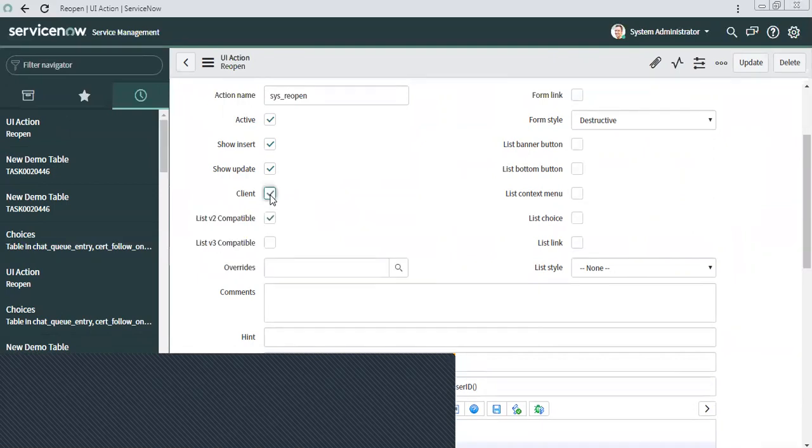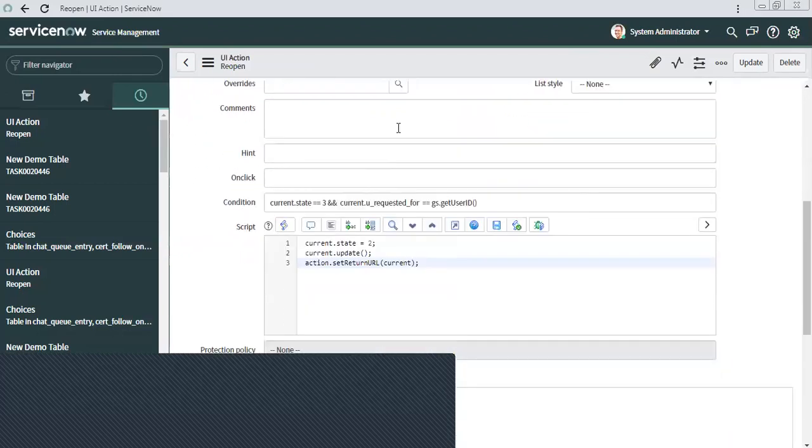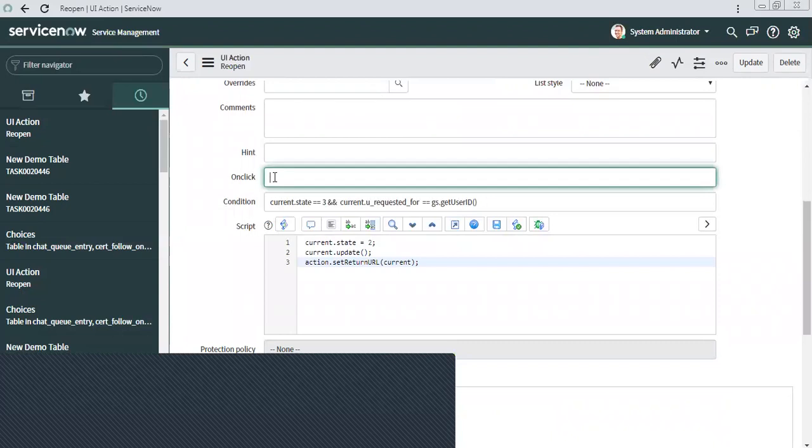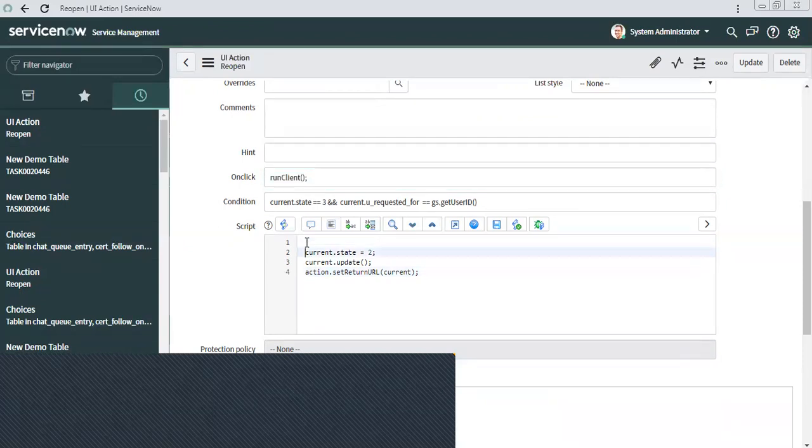You will have to make this true. Then you will have to define a function with any meaningful name, I will say runClient. Here you will write your client side code.